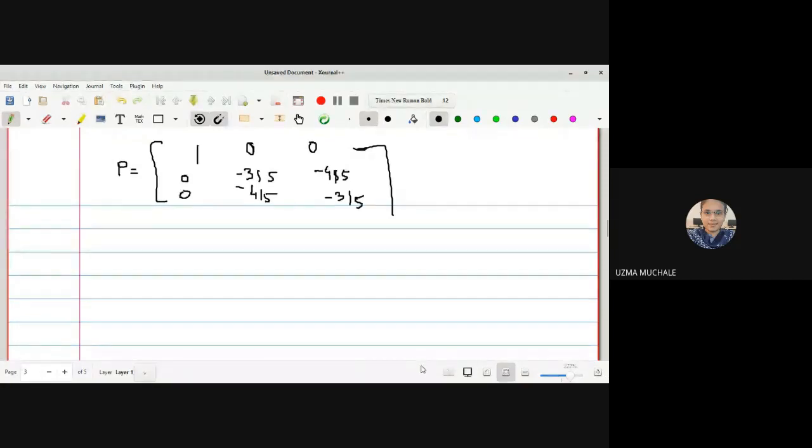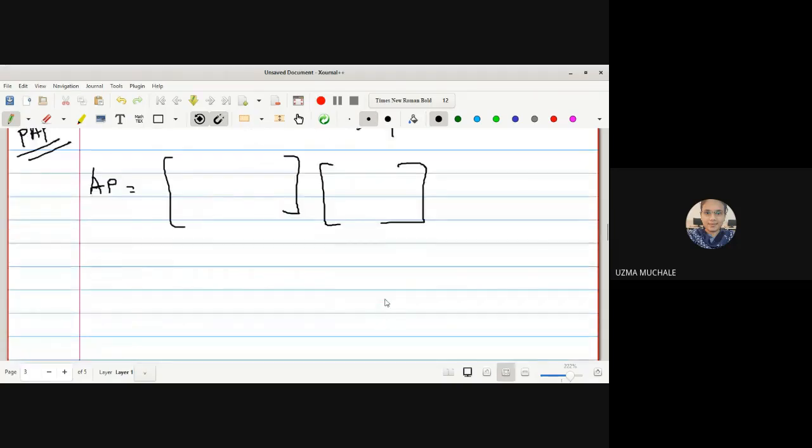Right. Now, what we have to do? We have to now do the same calculations so that we can obtain the matrix A. Is the last term positive? Yes, ma'am, the last term will be positive. Okay, last term is positive. So we have to calculate PAP. That's why first we'll multiply A to P, whatever the matrices A and P we have obtained. We will multiply these two and write down AP, and then again we will find PAP.